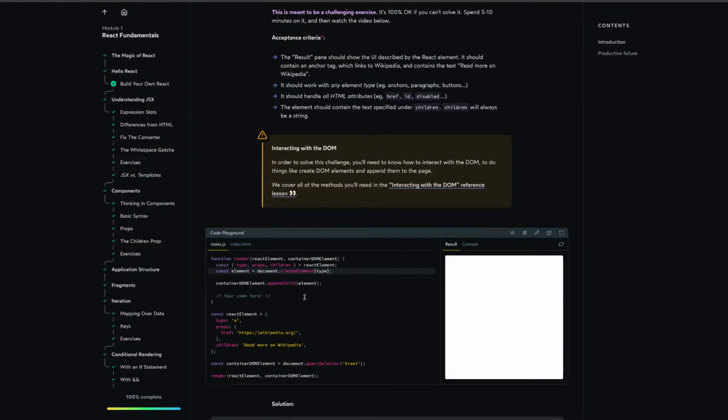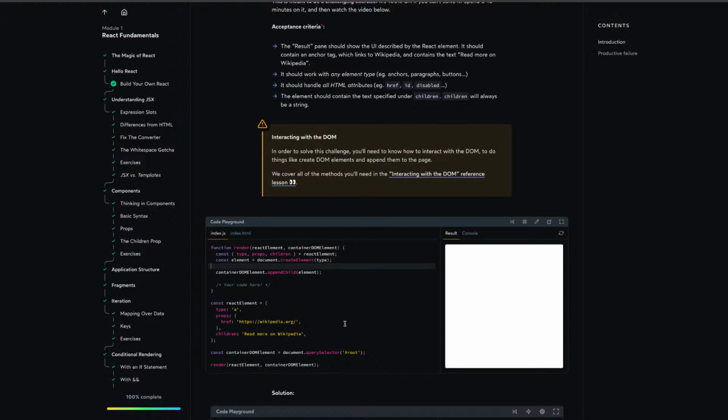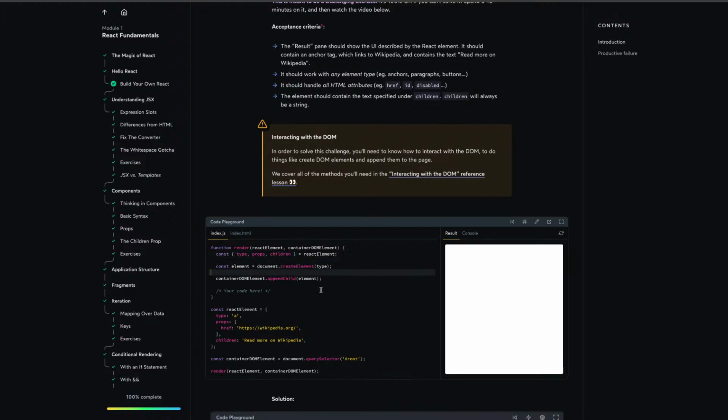Let's give the type, and here you are appending that element, but you also need the children. So element,